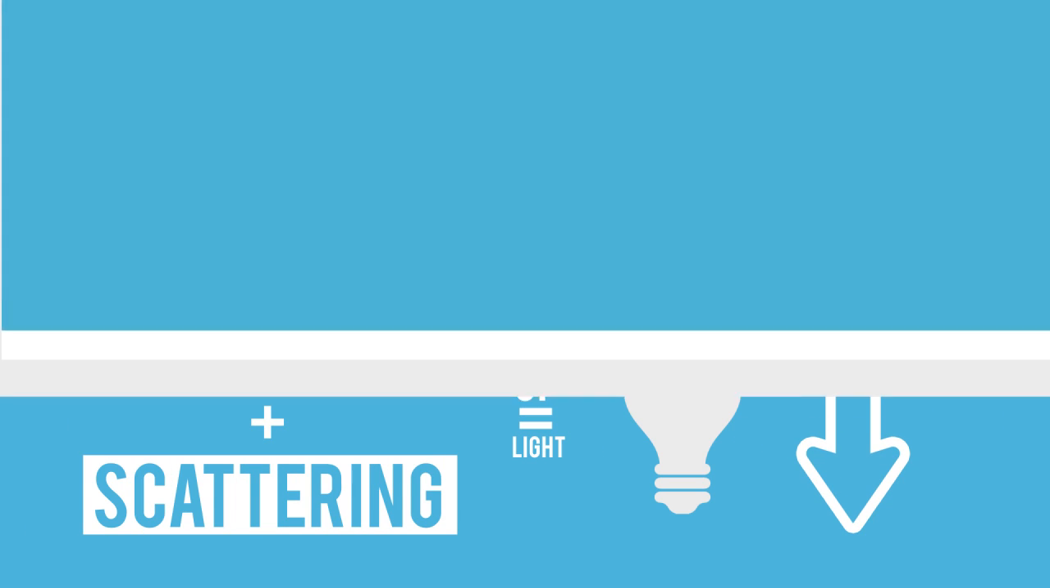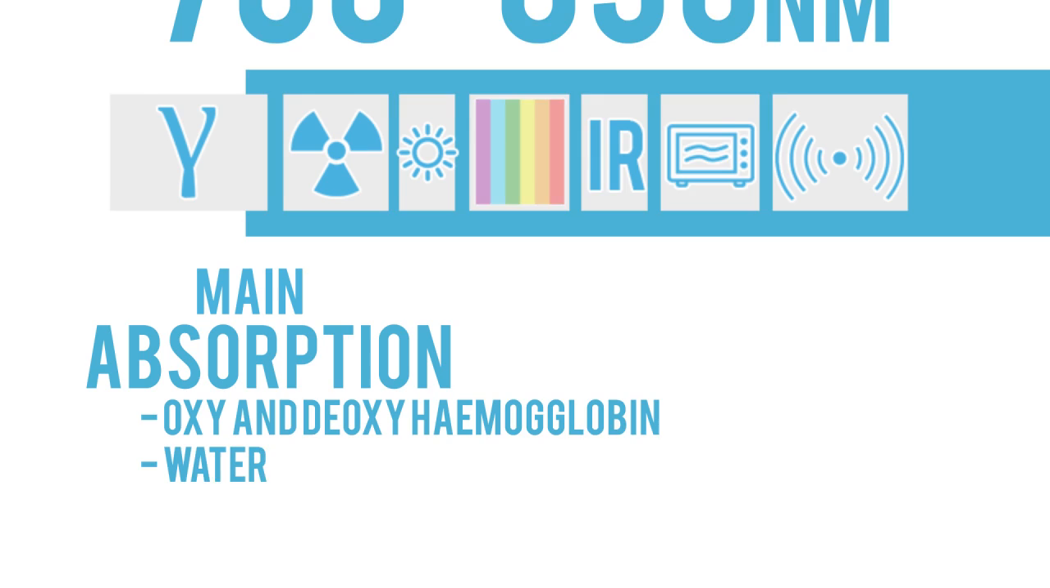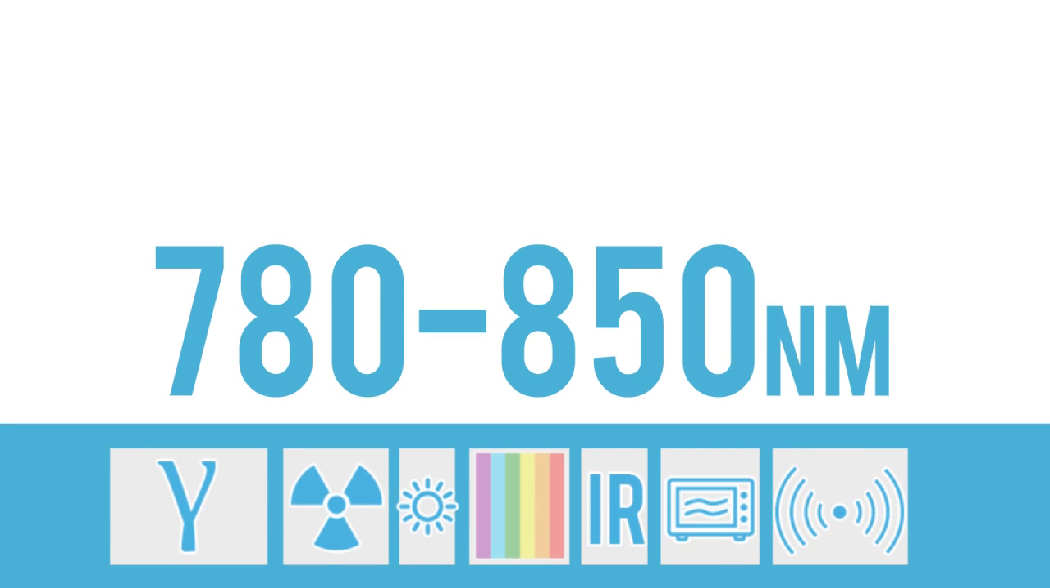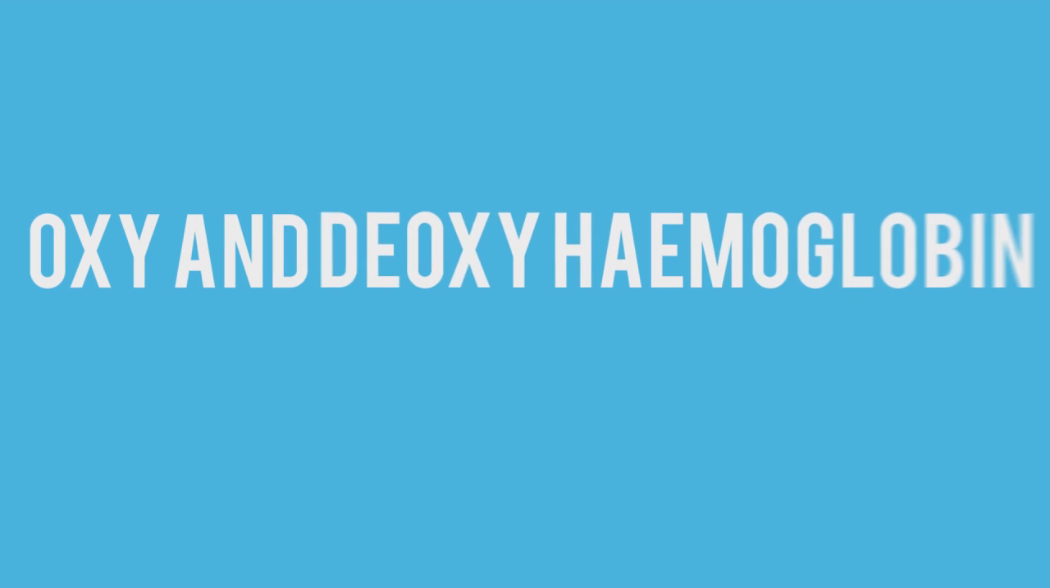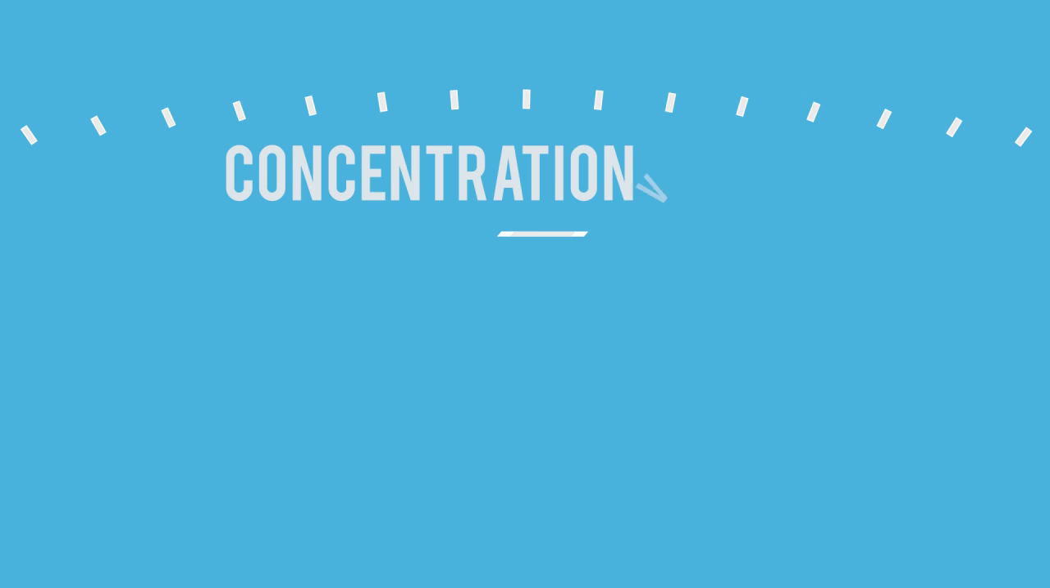And NIRS is a smaller band of infrared because the main absorbers are oxy and deoxyhemoglobin and water. The wavelength usually used is between 780 and 850 nanometers. Oxy and deoxyhemoglobin absorb different wavelengths of light differently, so their concentrations can be measured using multiple wavelengths